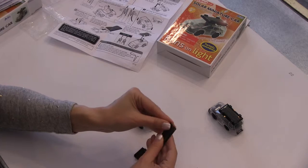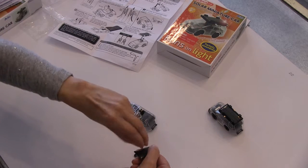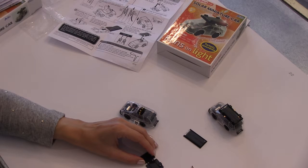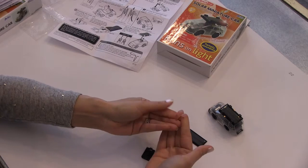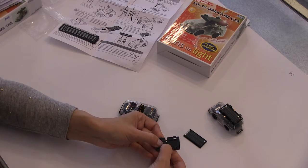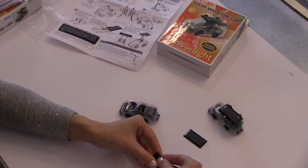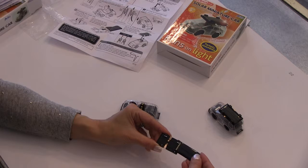This part is for the solar cell. There is a little plastic covering on top of the solar cell that needs to be peeled off. And before you attach it to this plastic piece, you're going to put in these larger metal clips. The clips go in a V shape with the longer end going towards the outside. Like that, and then this one like that. Then you're going to slide the solar cell with the silver strip towards the front,